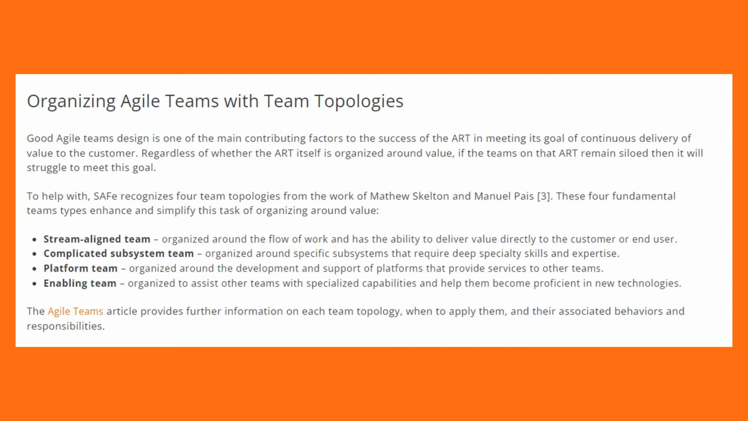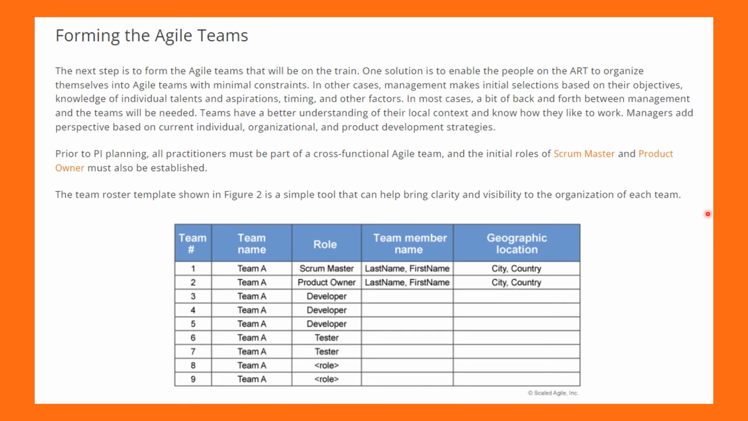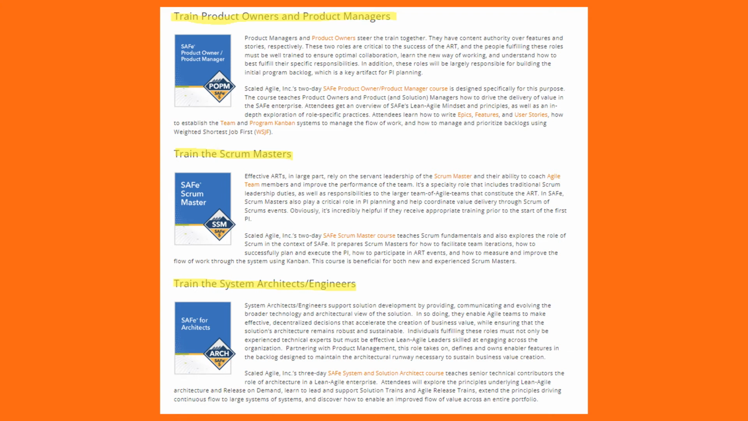Within that, you can define it actually. The next step is forming the agile team. You can create a simple team roster like this with a role, team member name, and geographic location. Right. So it's simple information to understand the different team members and roles available at their location. So once you identify your agile teams,